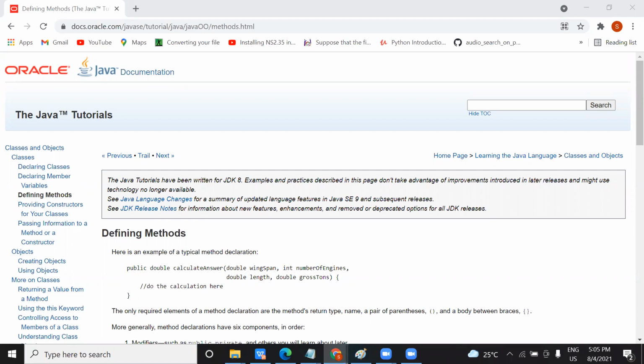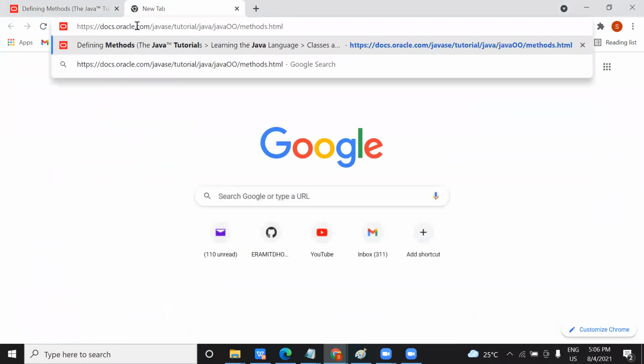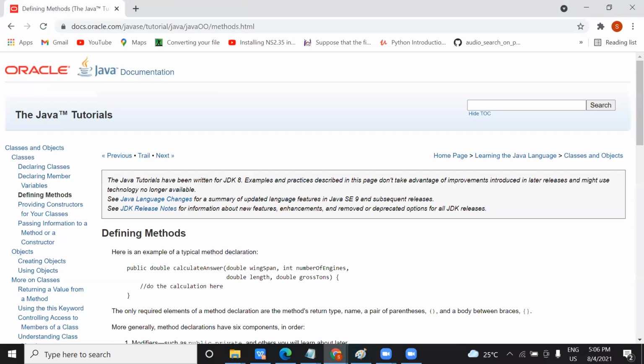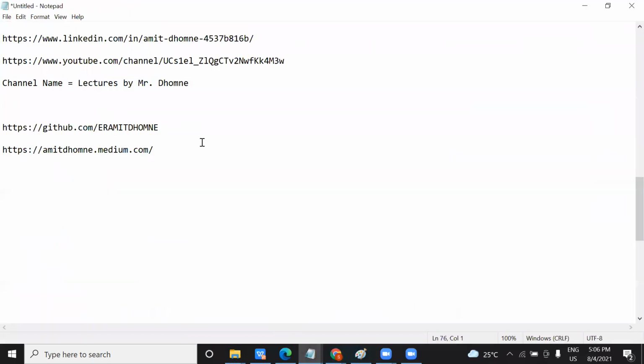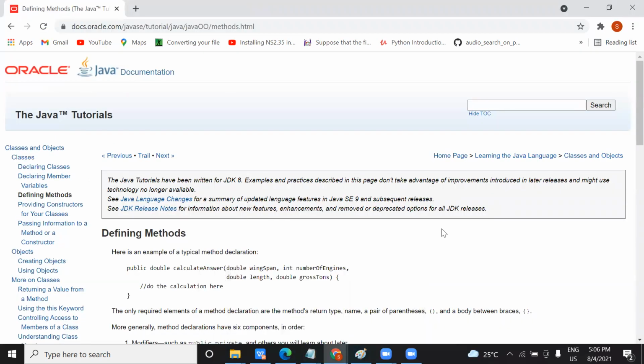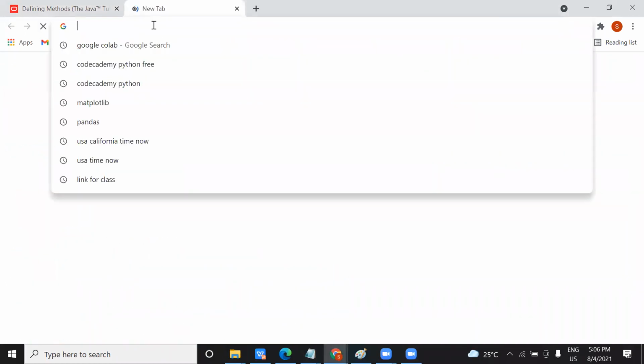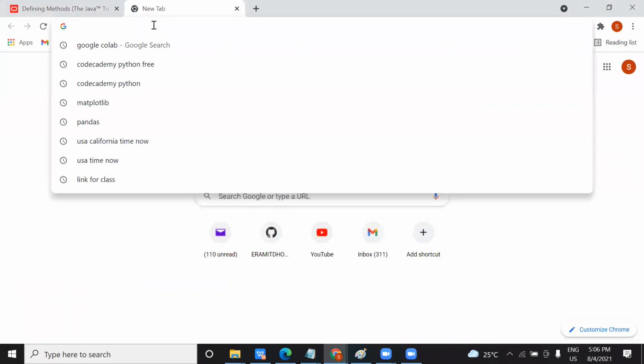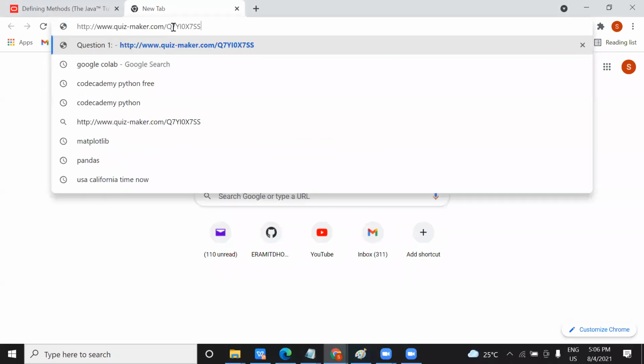Before that, I have sent you the link of the quiz. This is one pattern. Usually the questions do not come exactly that way. Just one minute, let me send it to you. The platform is not exactly like that, but the questions are the same that I faced when I gave an exam last month, and the other people we have trained also got the same questions. So let me show you.